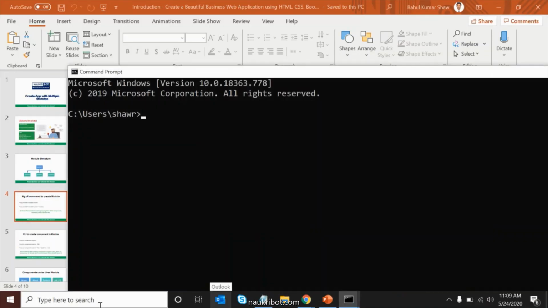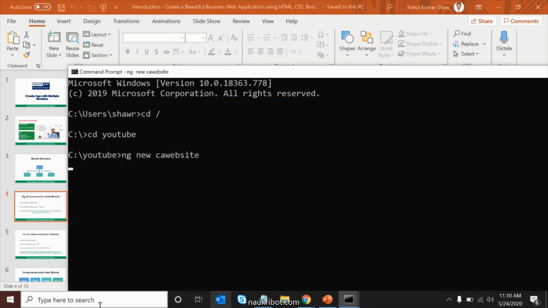So I'll open my command prompt and go to my folder, like cd YouTube, and then here I will write ng new. You know that this command is used to create a new Angular project. So ng new and the project name. What is the project name? We will give the project name as CA application, CA website, correct? And I will press enter.